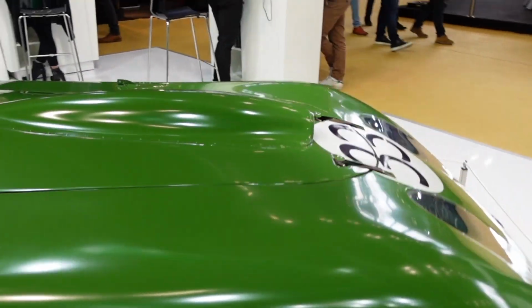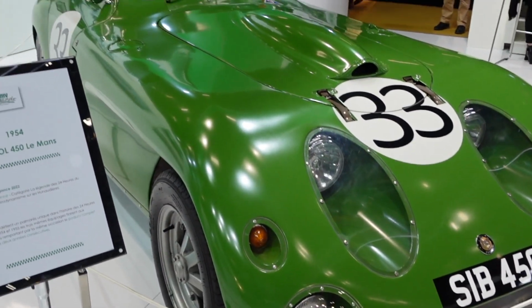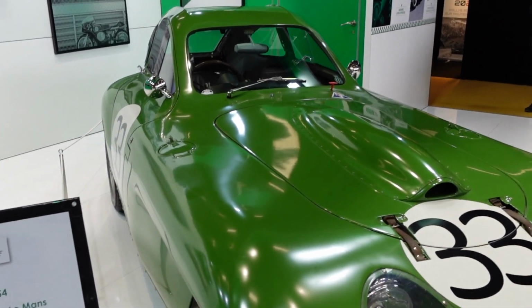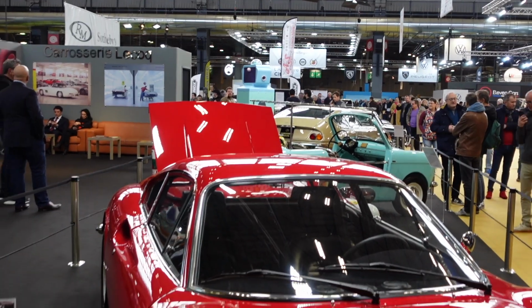Some crazy designs were used back in the day. That's fun. It actually drove the 24 Hours of Le Mans. Fun. And we'll come here to a beautiful